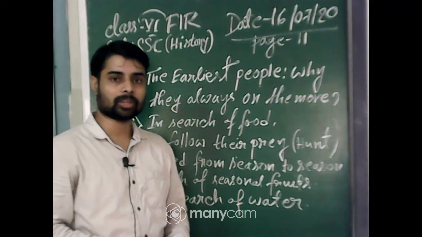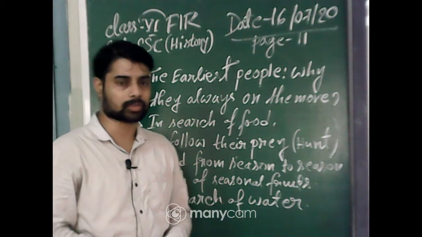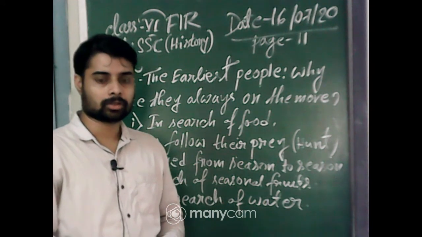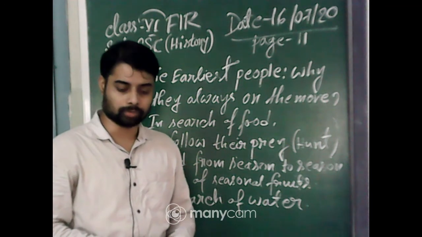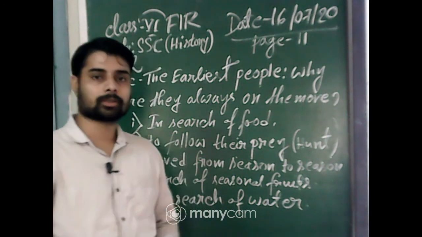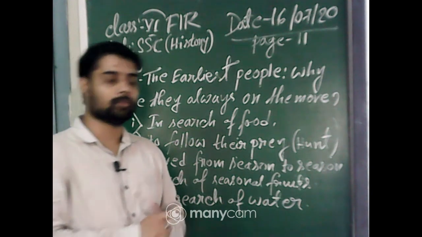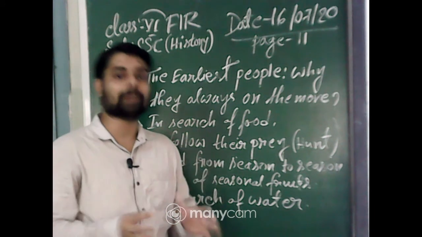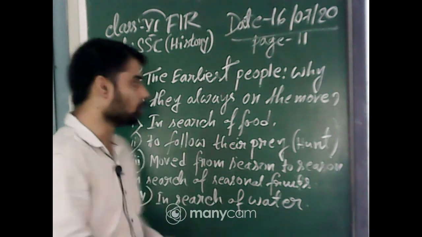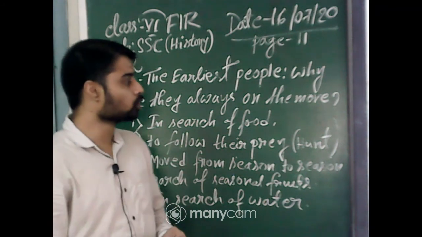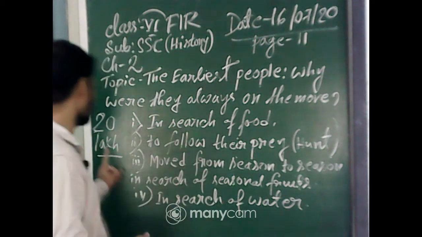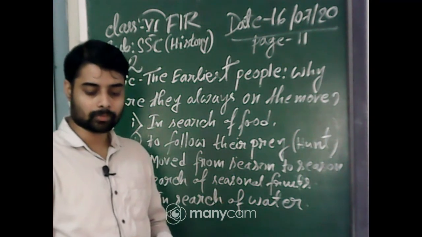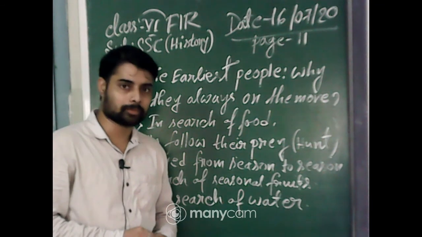Students, in the previous history class we discussed the first chapter. Now today we are going to discuss the second chapter, From Hunting-Gathering to Growing Food. You know that in the Indian subcontinent people lived for a very long time, and the first people arrived in the Indian subcontinent almost 2 million years ago. 2 million years ago means 20 lakh years ago, and most of the time they were described as hunter gatherers.